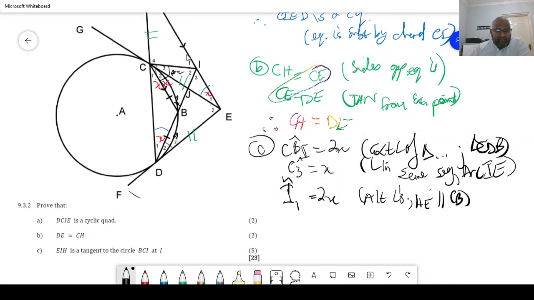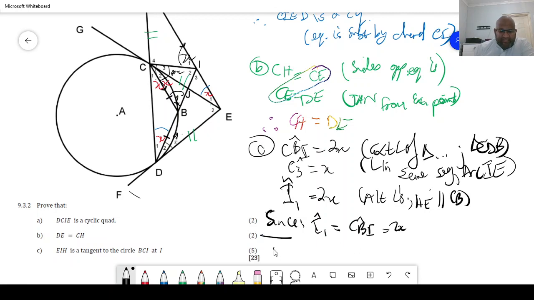So there's your 2x there. So I've done the job now. Can you see here? So we say since angle I1 is equal to CBI, which is equal to 2x,